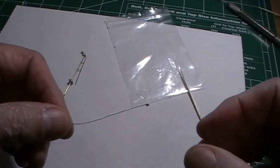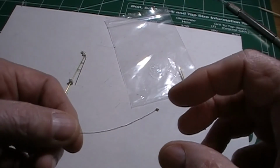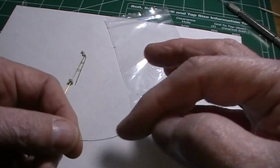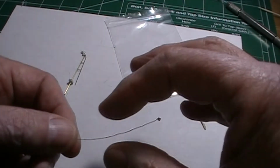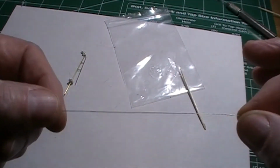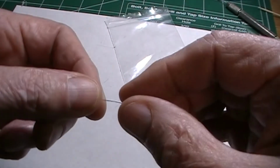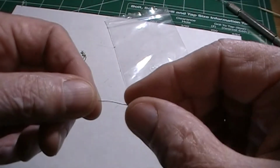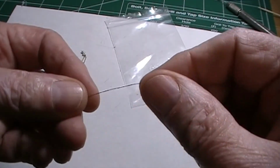Here is the LED that Showcase Miniature supplies for their searchlight. You've got four very fine magnetic wires here attached that come down. One of them has a red tint to it, and that is the supply voltage for your LEDs. They're about 14 inches long. When you get down here to the end,